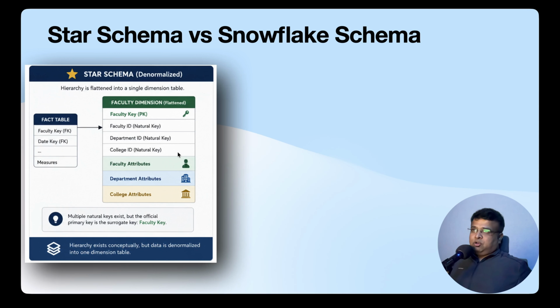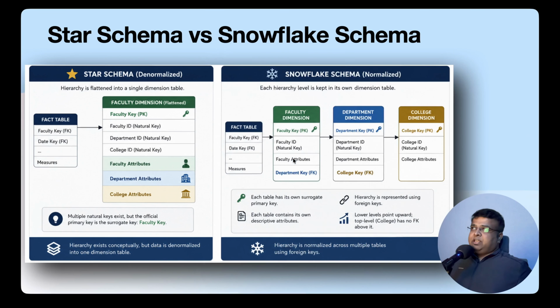Instead of flattening everything, it keeps each hierarchy level in its own dimension. That is faculty dimension and then department dimension and the college dimension, for example. Each table has its own primary key, its own descriptive attributes, and now the tables are connected using foreign keys. For example, the faculty dimension contains the department key as a foreign key, the department dimension contains the college key as a foreign key, and this creates a chain of